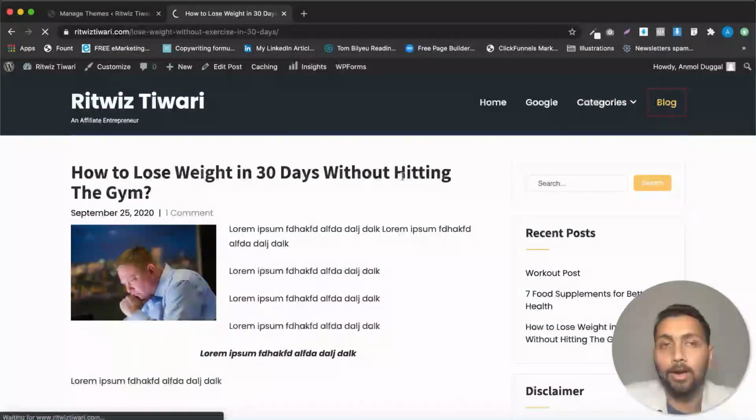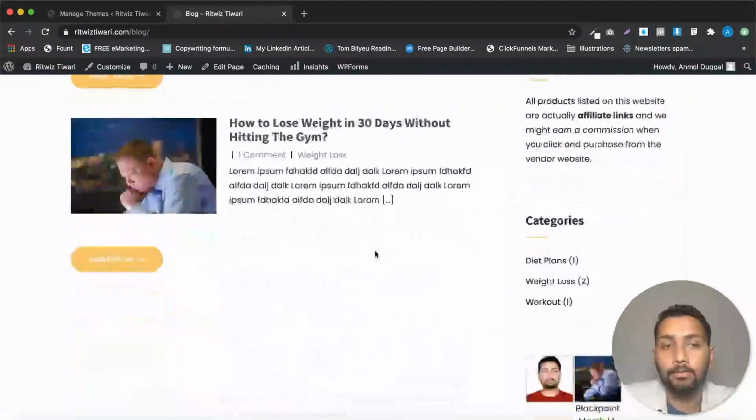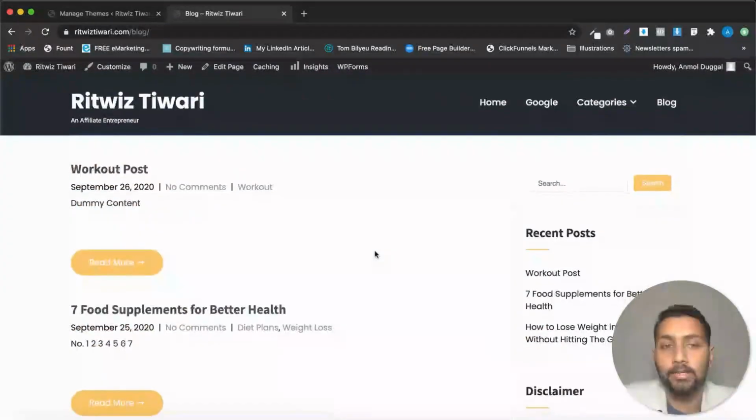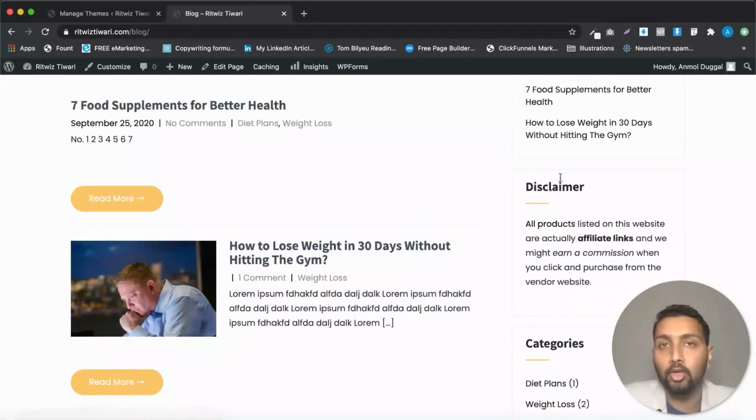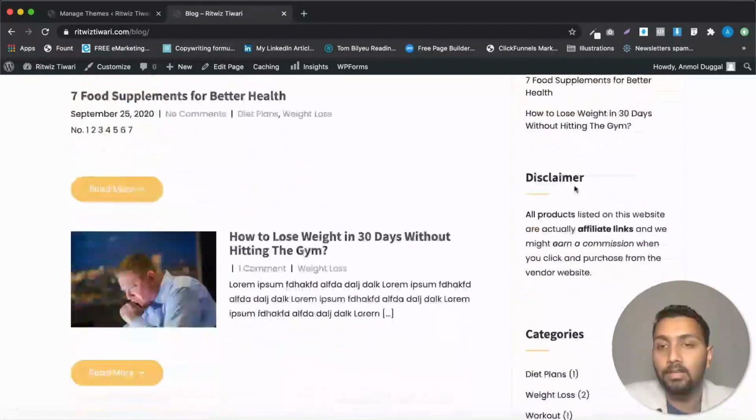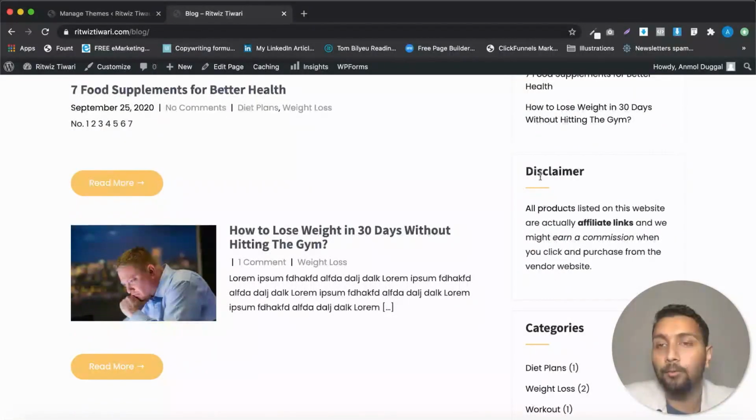If I click on the blog part, these are now all changed, right? And you can see how a featured image actually looks. I was talking about featured images in one of the previous videos, that a featured image comes like this when we share a post, and even in the WordPress website that you have, the featured images are going to look like this. And now you can also see that with the change of themes, the widgets that you had earlier placed in the footer are now displaying in the sidebar.